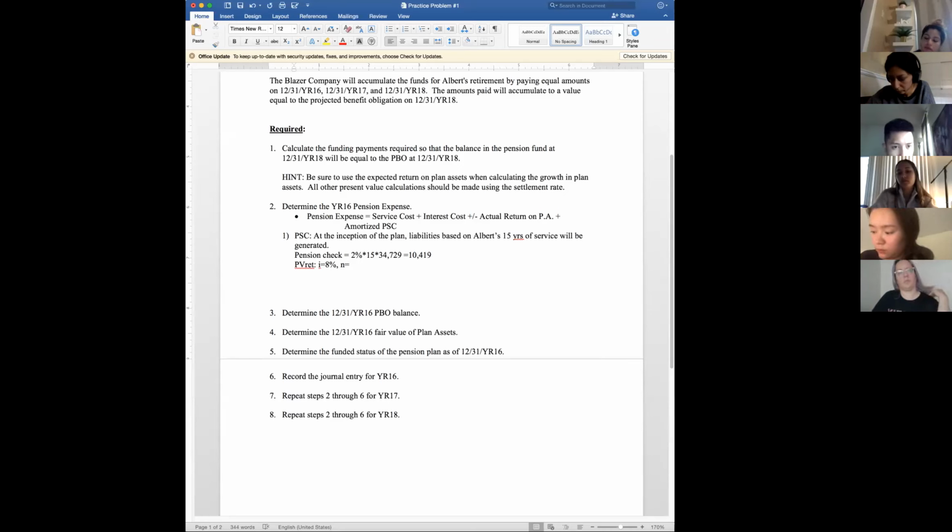So basically, how many years will this employee live after his retirement date? So that's 10. Payment, based on his 15 years of service, we just calculated the pension check will be 10,419. Future value 0. You don't have to put 0. Now, the present value at retirement date is